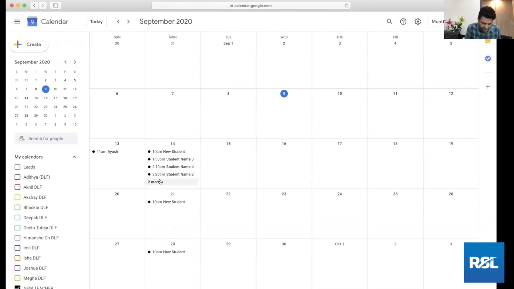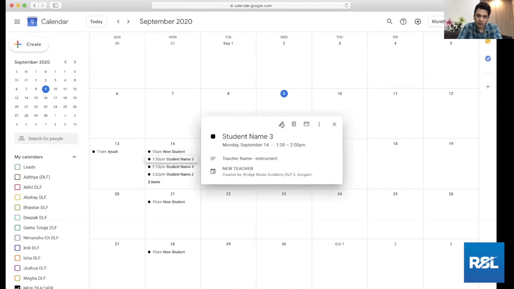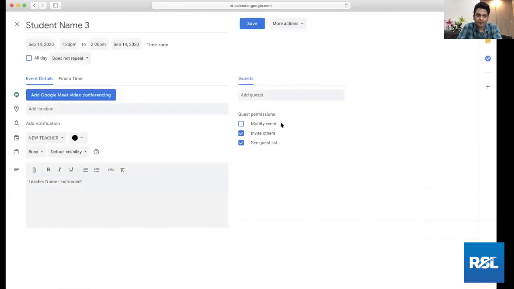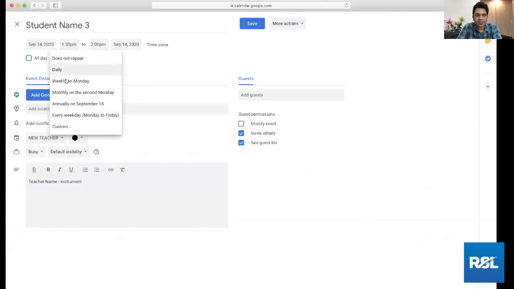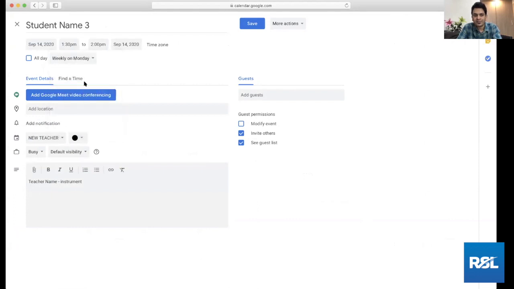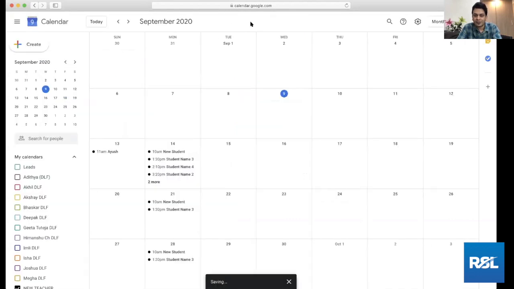So I just finished the importing class schedule. Date formats I've done. Viewing calendars is the next thing. So one thing that you need to do is, it is not by default going to be a recurring event. So this is the only tedious manual job that you will need to do. So you click on this event, click on the pencil, edit event, and here you need to select weekly on a Monday. It will by default show the day on which this event is created. So the moment you do this and click save, it will be saved.